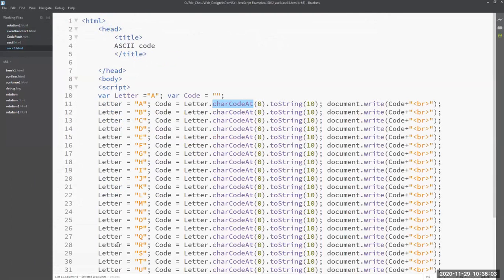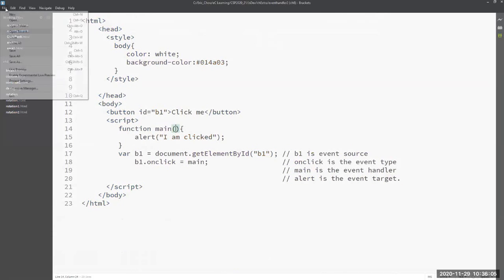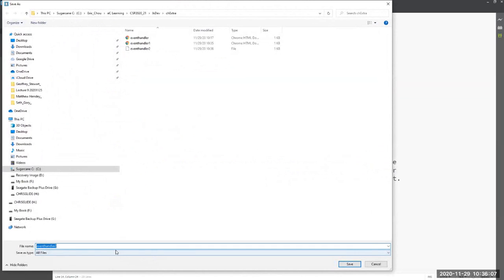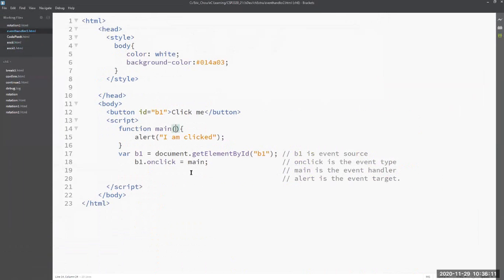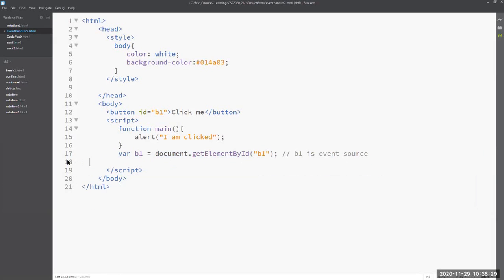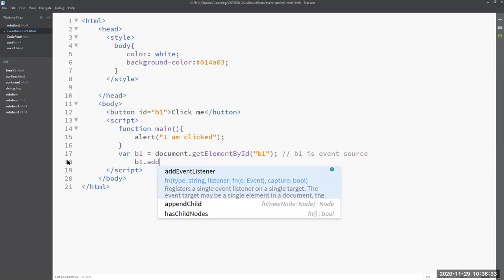So this one we are going to use, I'm sorry, save as number 2.html. I should put .html. Okay, so now we have this one. We are going to rewrite this one. The button itself, nothing wrong. Get element, nothing wrong. The onclick, we delete this portion. Up to here we did this portion. So get a button. The button itself is nothing wrong, right? So here we have B1 that adds the listener,